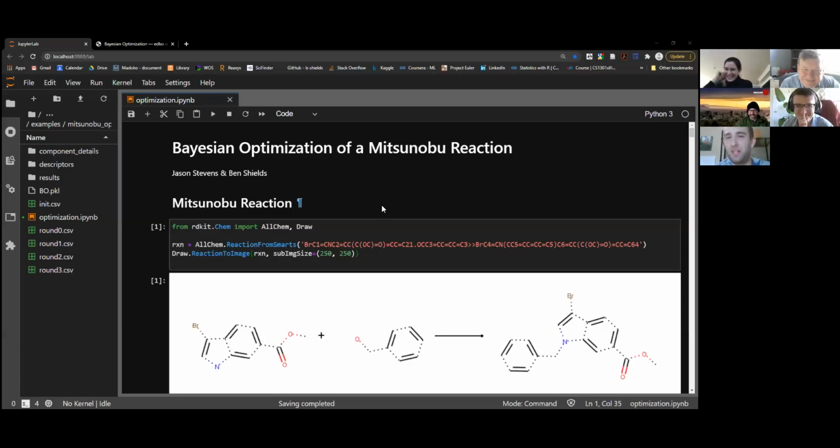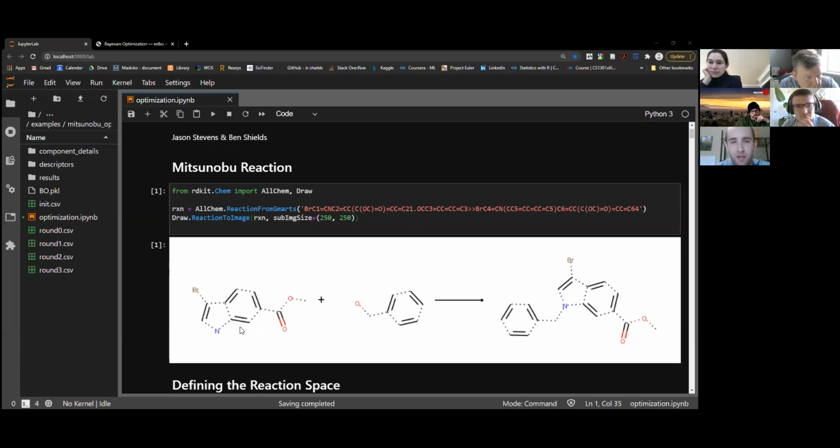Okay, so I will just dive right into the next part. Minimize everybody here. Okay. So in the second part of our tutorial on using EDBO for Bayesian reaction optimization, we're going to look at a recent example that myself and Jason Stevens of BMS worked on, and that is optimizing a Mitsunobu reaction. So the general transformation shown in this poorly rendered chemical reaction scheme, so I should probably fix